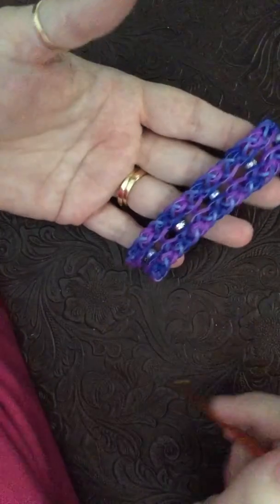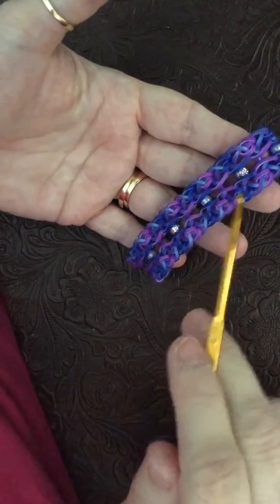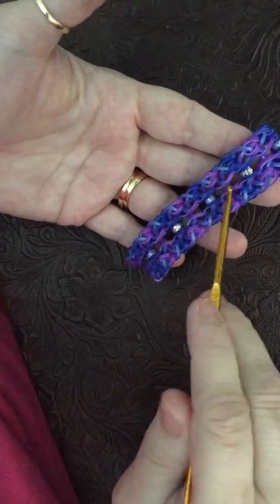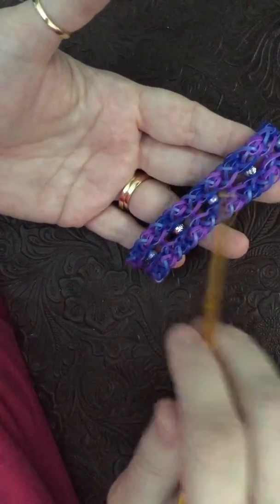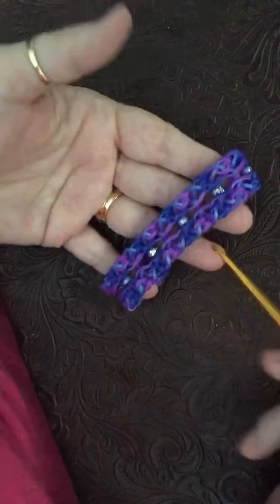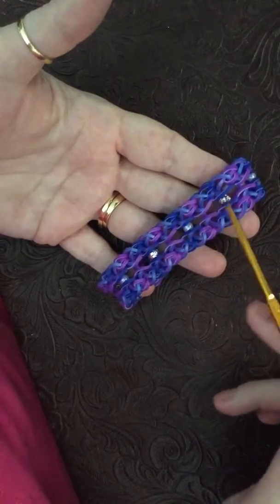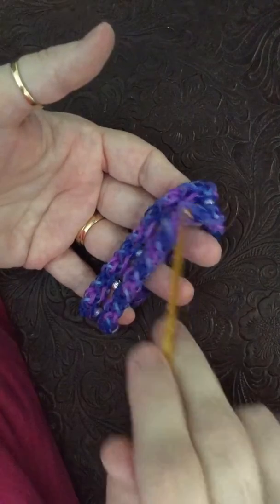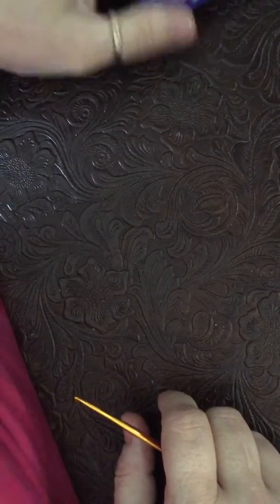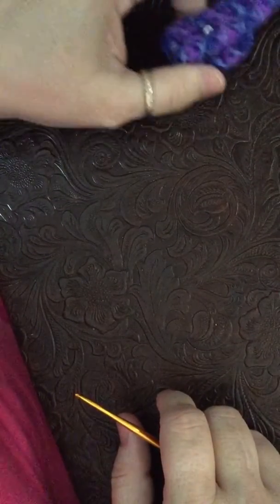And then I also made one with beads, and this one I did using blue and purple in the dual layers, and then the little in-between sections I used that same purple blue that I showed you in the other one. So that's how that came out. And I only did the beads every blue section. You could also do it more frequently and have it in the purple sections or whatever color you're using. So that's what we're going to work on today. I'm going to set that aside. I'm not going to do the beaded one. I'm just going to show you the